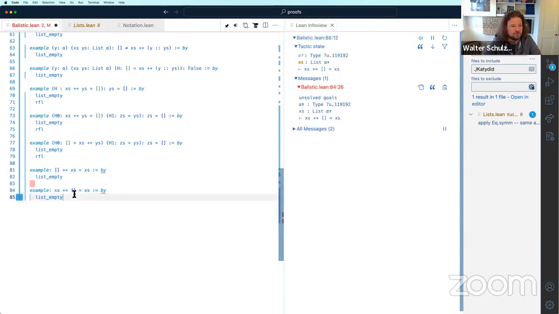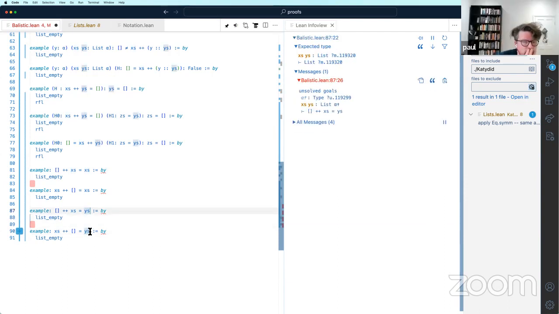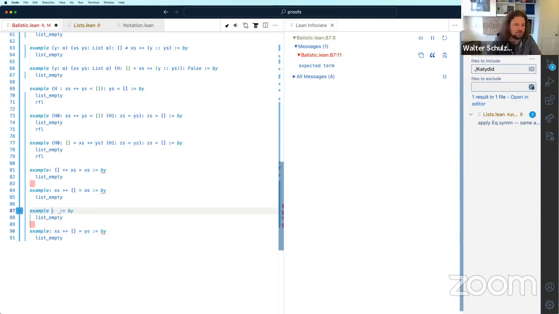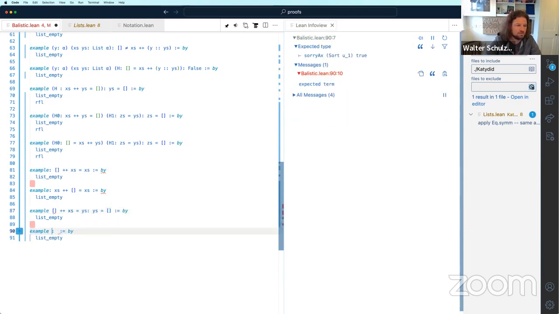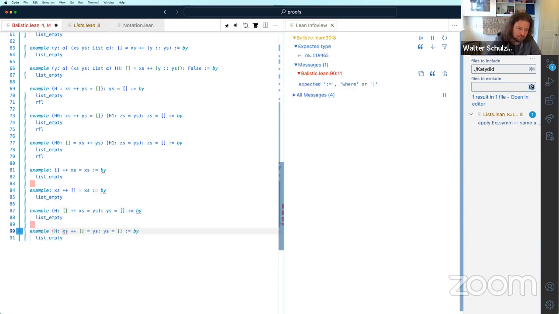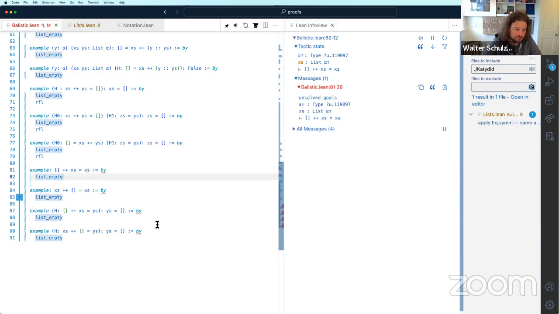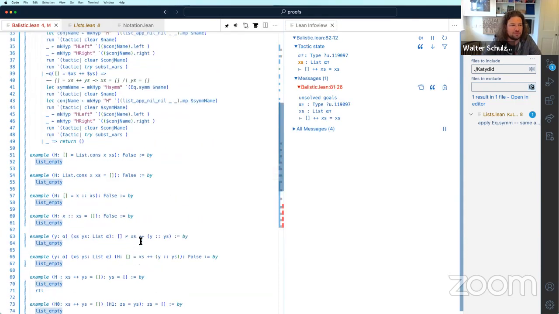The others are hypotheses. So I think for that, we can make a wise and just try to prove that wise is equal to the empty list. Like this. And all of these should just work. Currently they don't, but that's why we're going to fix it.